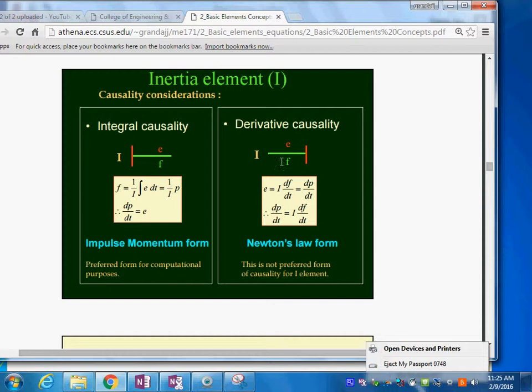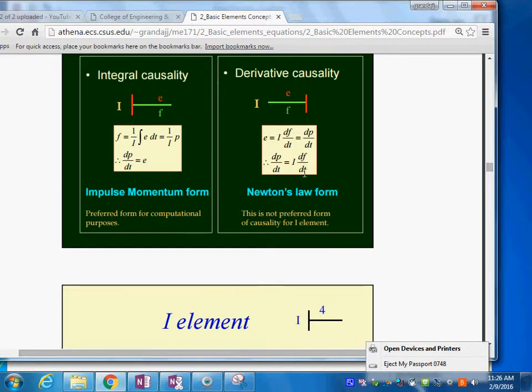Okay, that's the element. Now in here, let's take a look at the source elements, because the source elements are either effort sources or flow sources. In the case of a voltage, that's an effort source because voltage is an effort variable. In the case of a motorcycle or vehicle going over a bumpy road,